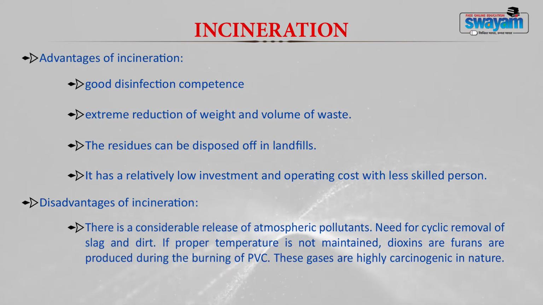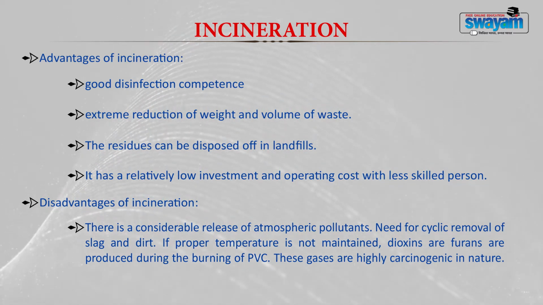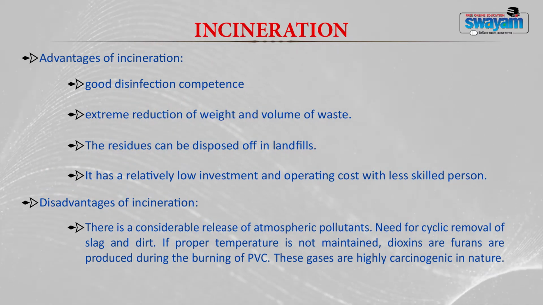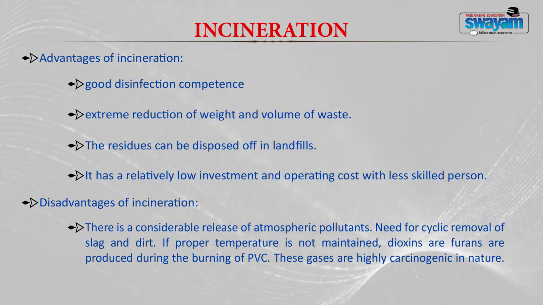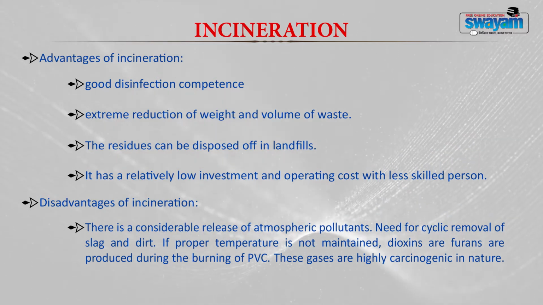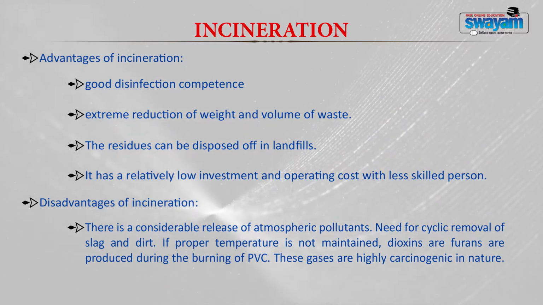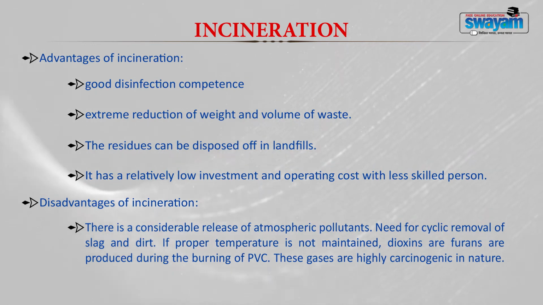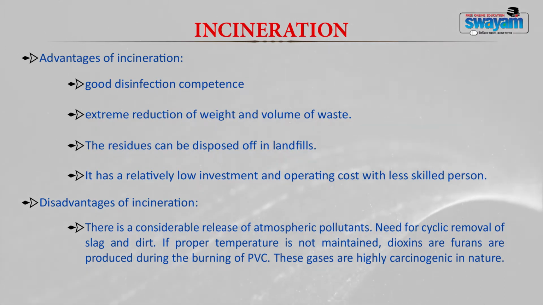Now, during the process of incineration, there is a generation of a large amount of gaseous pollutants like CO2, oxides of sulfur, and oxides of nitrogen, depending upon the nature of the waste. Also, the residue, the inert ash that is generated at the end of the incineration process, is also harmful because it is very light and tends to be discharged easily into the air. So, that is why they cause a lot of atmospheric pollution. So, it is always essential that when you have an incinerator, you should have an air pollution control device.